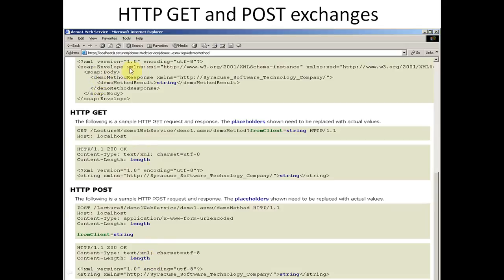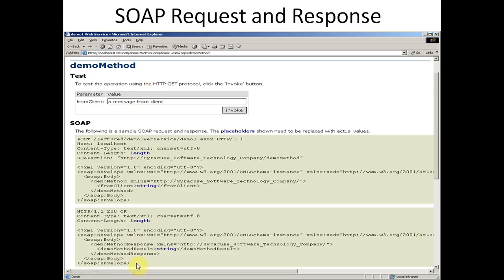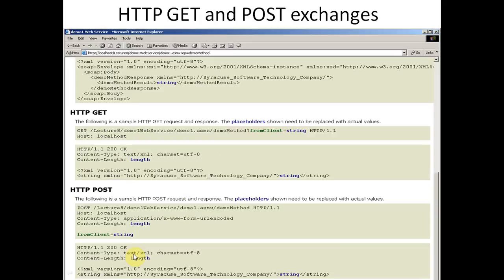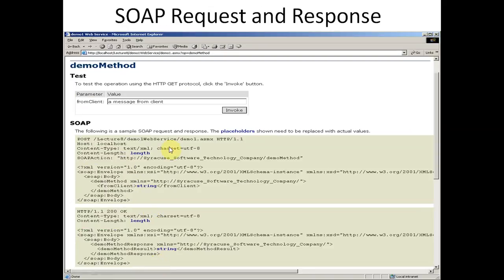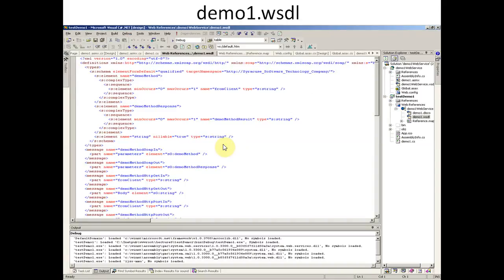You can see here SOAP on the left, again the namespaces, first namespace, second namespace, SOAP body, SOAP method response. This is the SOAP method result as we have seen previously, and it is shown here also. Again it is copied, and we have GET as well as POST. These are the two parts. When we create this type of form and click on invoke, it will execute the GET as well as the POST function, and at the same time it will create a WSDL file also.